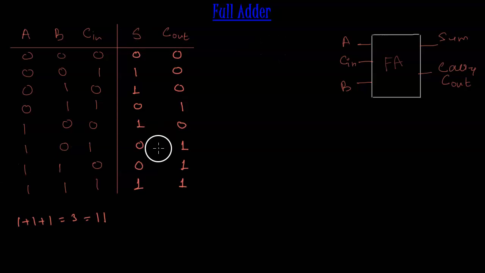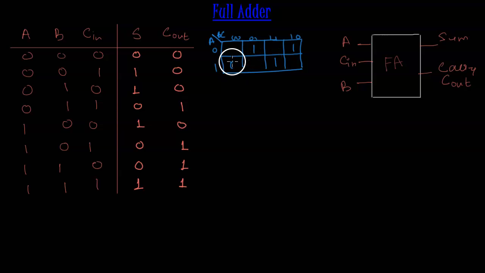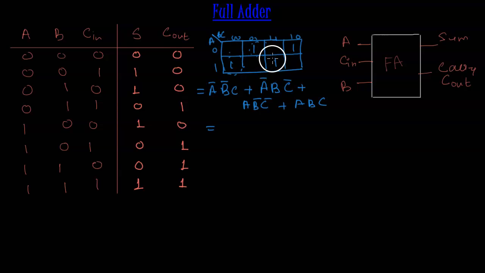So we will be using K-map for sum and carry. Let's draw the K-map first for sum. So here we can see that all the ones are distributed evenly and hence it cannot be grouped. So that means we have 4 equations. Here we have the equations from this K-map for sum. So my S for sum is equal to, after using Boolean algebra on this, we will find the sum is